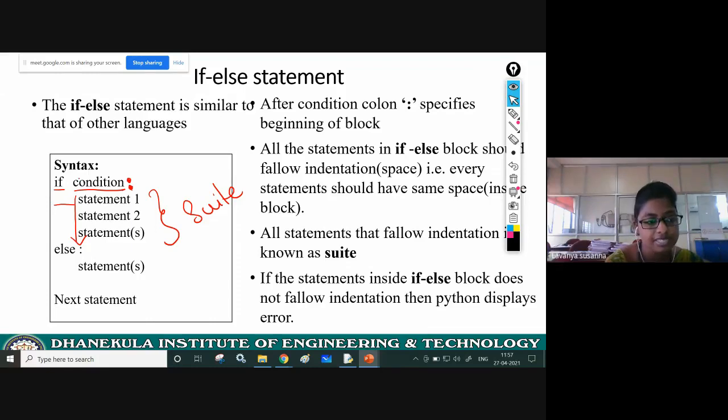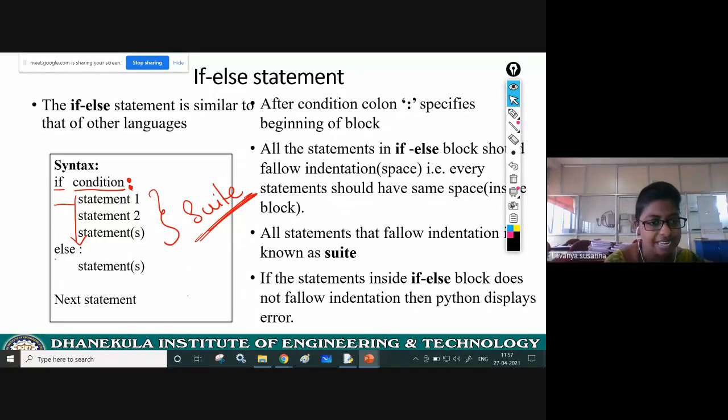If you are not giving some space, the compiler will generate an error. Remember that. After the if statement there is indentation, then you write statement 1, statement 2, and so on. All these statements are called if block statements, nothing but the if suite.